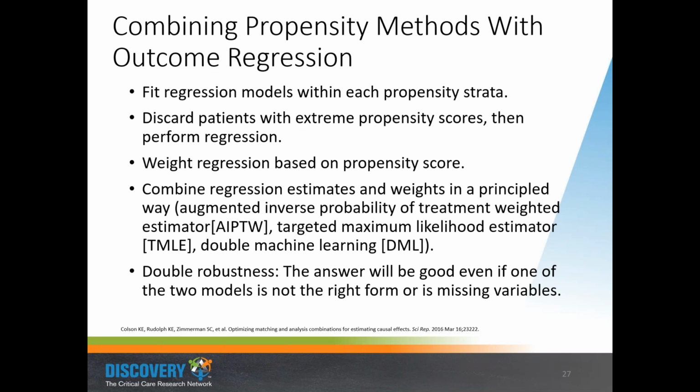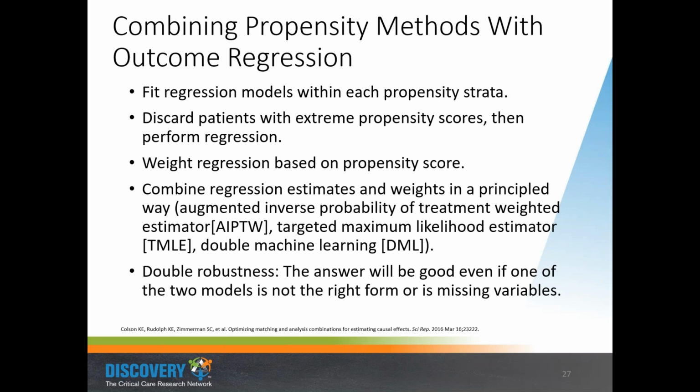The key about all of these methods, whether they ensure this rigorously or not, is that they provide this form of double robustness, which is that even if one of these models is wrong, say your propensity model had a squared term that you didn't include, or the outcome model had a squared term that you didn't include, or an interaction that you didn't include, as long as one of those models is right, then you will be good to go. Just one of them has to be right instead of both of them being right.